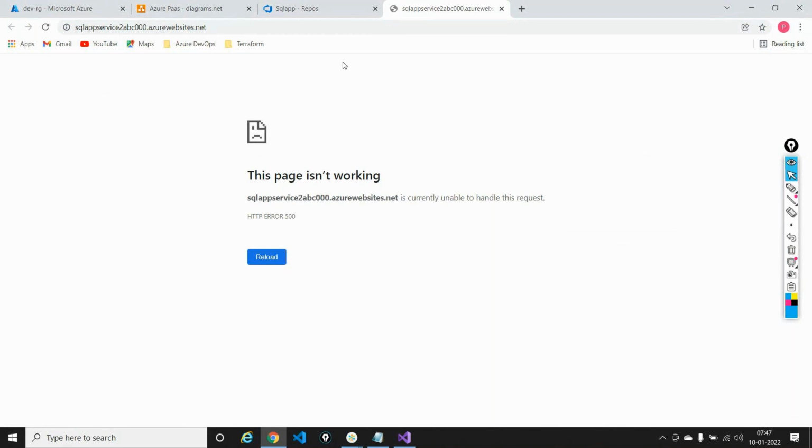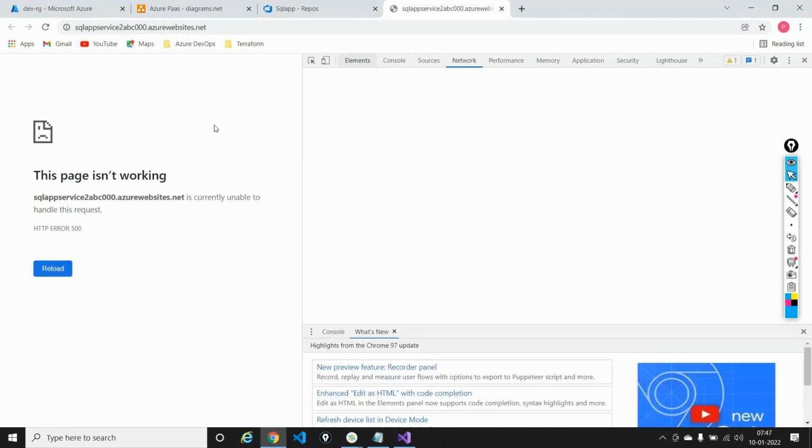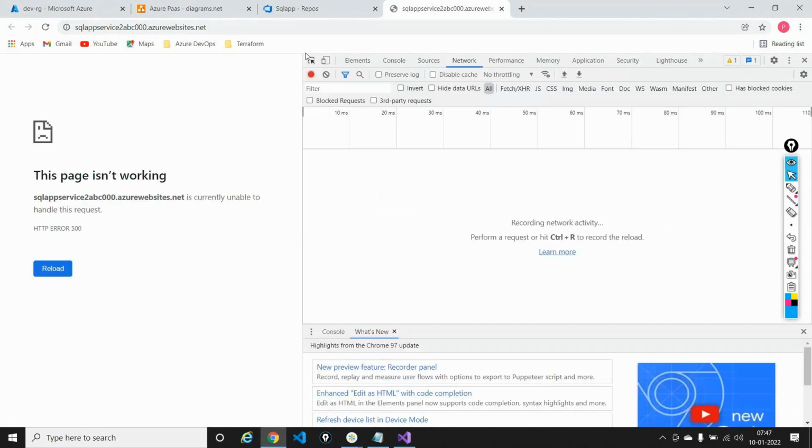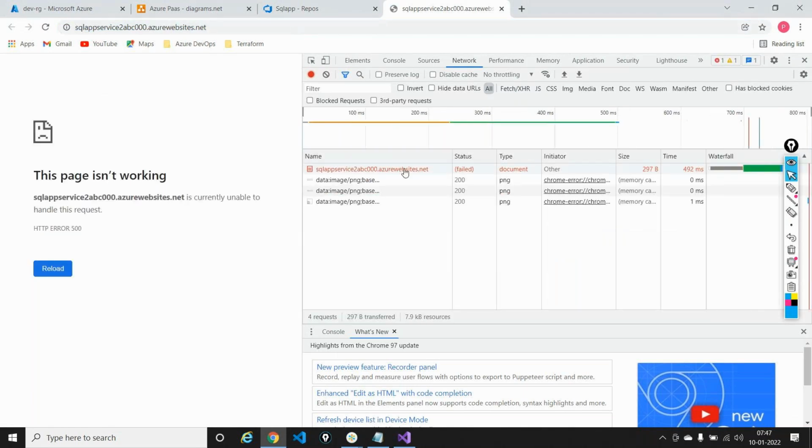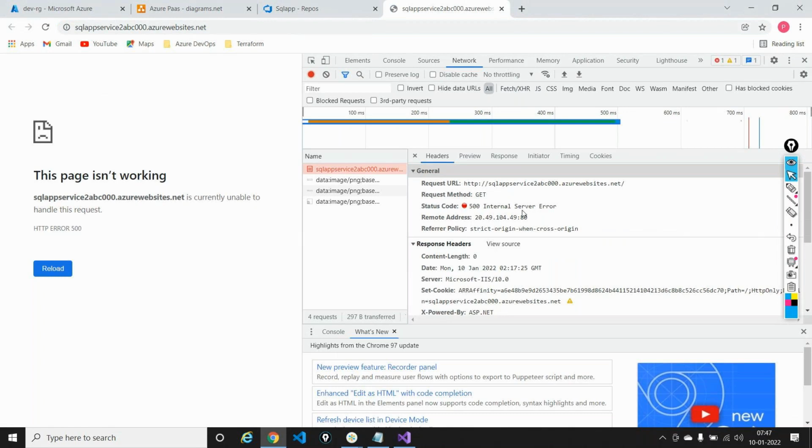And if I hit F12 here, I am opening something called a debug console. This is the error that I'm getting. I'm not able to get something. There's a 500 error and a lot of things are going on. Now,